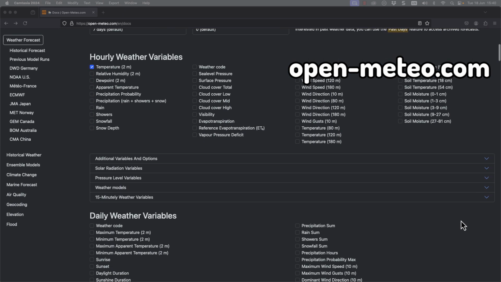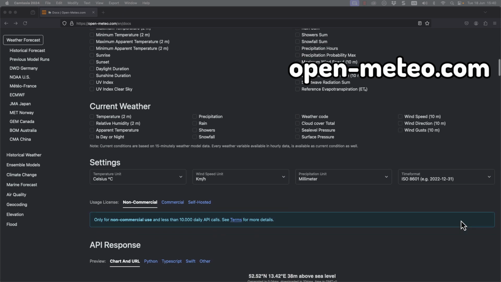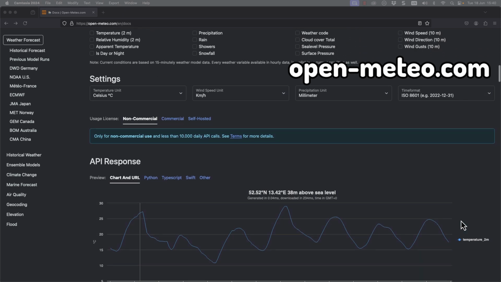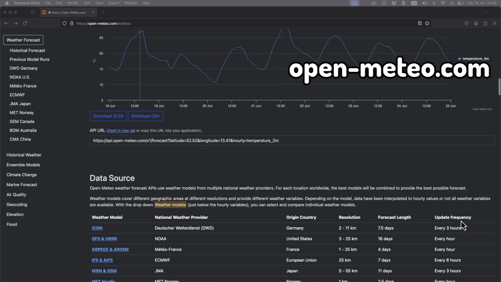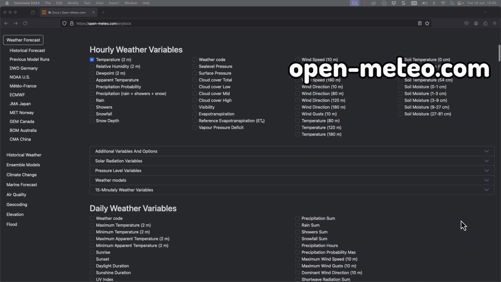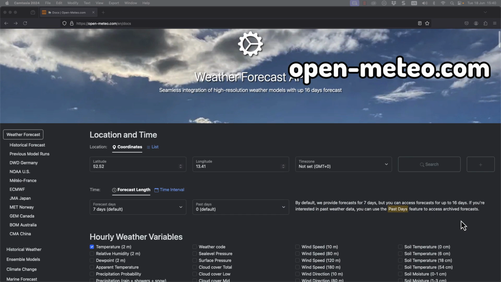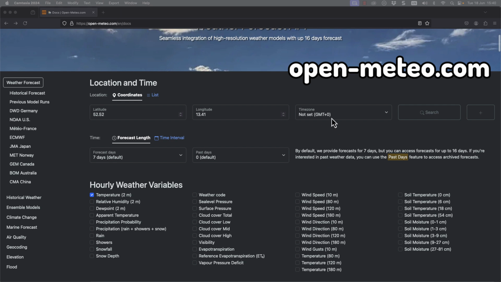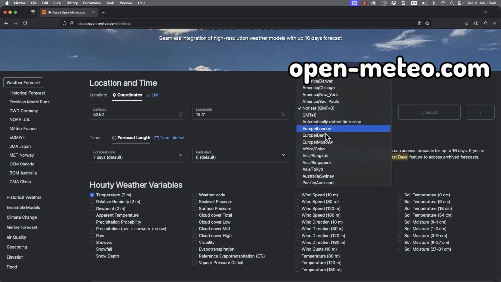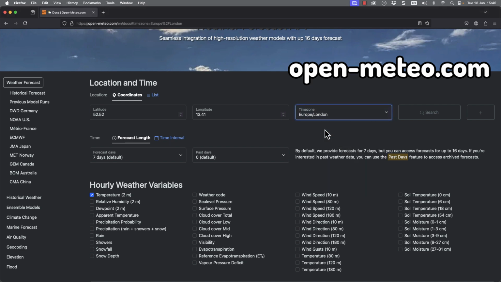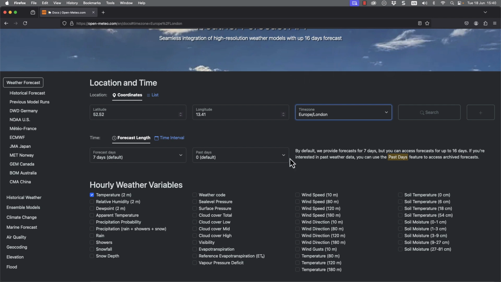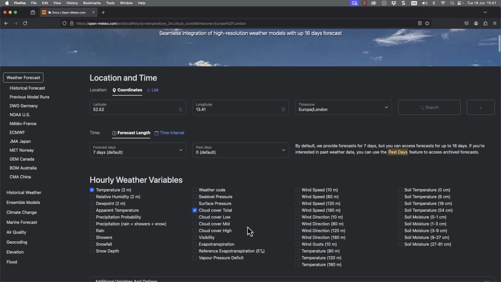As we start looking through, we can see different selections that we can make in our forecasting. The default is just to show you the temperature over the next 7 days. But we can go through and choose other parameters. So I'm going to set in the time zone, just making sure that the time is set correctly. I'll leave the longitude and latitude set the way that it is. But we have the temperature, but we could also go through and include other weather data. I'm going to put in the cloud cover.